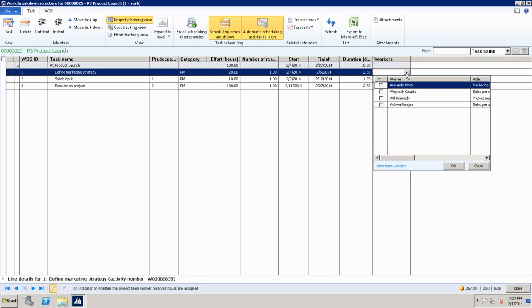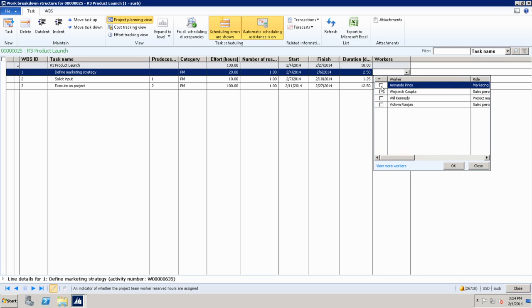So it naturally gives you the first option that you probably want to use the people in your team, but you are not constrained to that. You can always say, view more workers here, and see other people. Think about it as a starting point that suggests the resources that you have. And effort plays a big role.